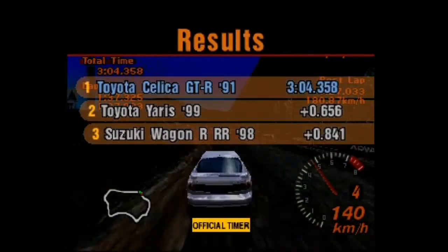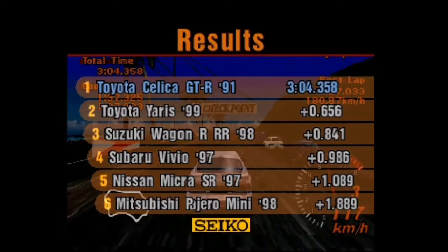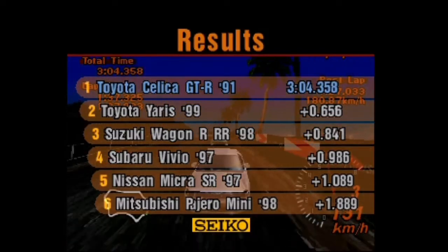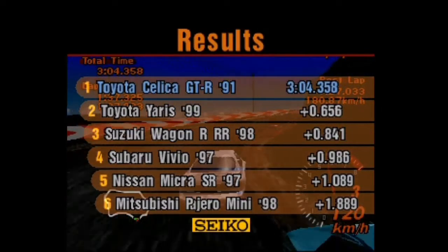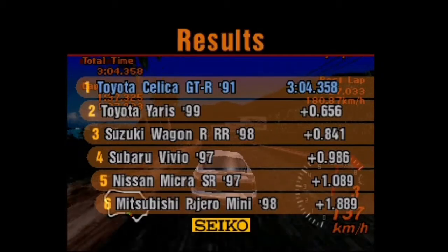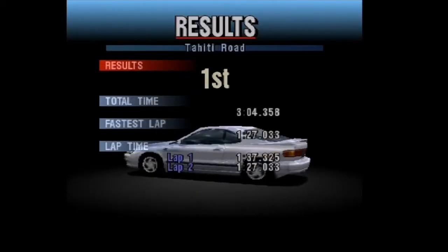of GT2. And so, in this race we had a Toyota Yaris, a Suzuki Wagon R, a Subaru Vivio, a Nissan Micra SR, also known as the Nissan March in the NTSC version, and a Mitsubishi Pajero Mini, which eventually finished in last after it collided with the bush, which is basically a wall, but anyways. So there we go. That was race 1, and to me I would have probably said in the end a fairly easy W,